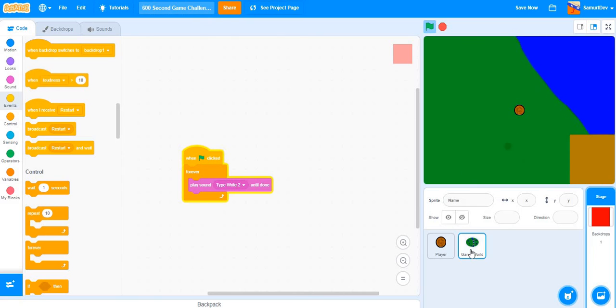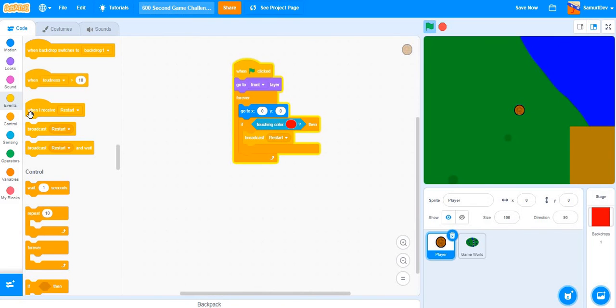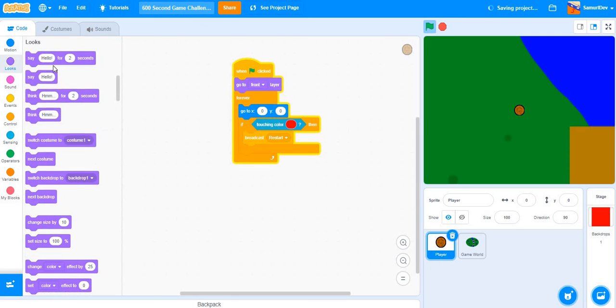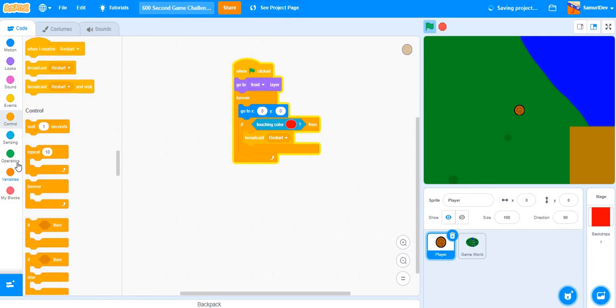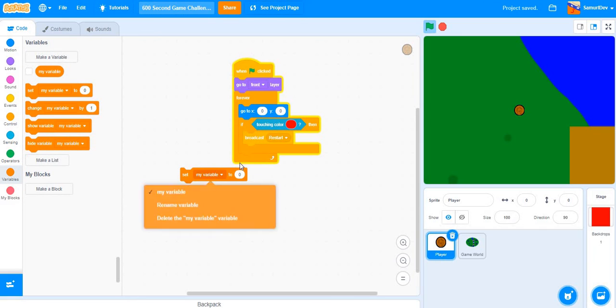I actually can make it so if the player is touching color blue, it makes it slower. I'm going to do that real quick because I still have about a minute left. Oh, this is going to be difficult though to do it. Actually, I have like a minute and a half left. Alright,